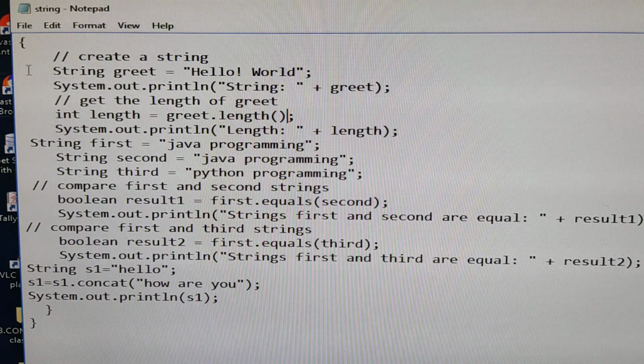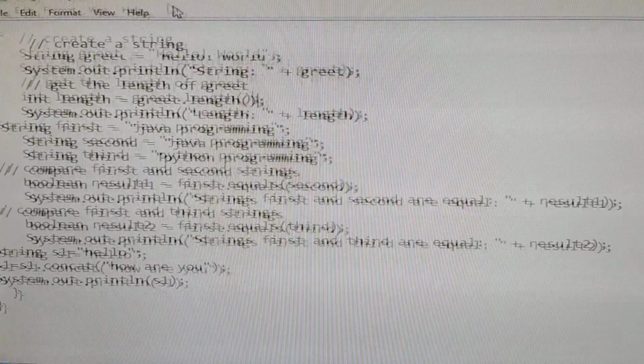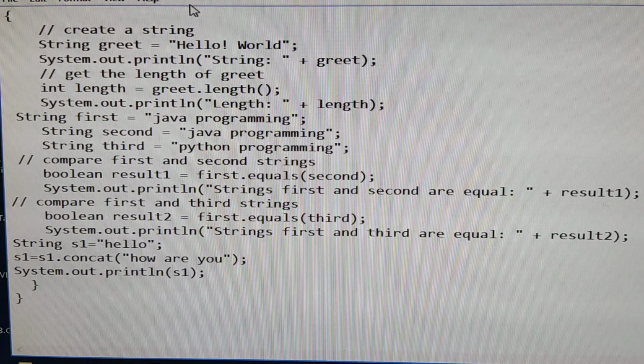Now I will explain one more program, program number 18. Create a class called Fraction that can be used to represent the ratio of two integers. Ratio means you need to divide. Include appropriate constructor and methods. If the denominator is 0, then throw an error. Throw and handle an exception. For this, I'll show you the code now.